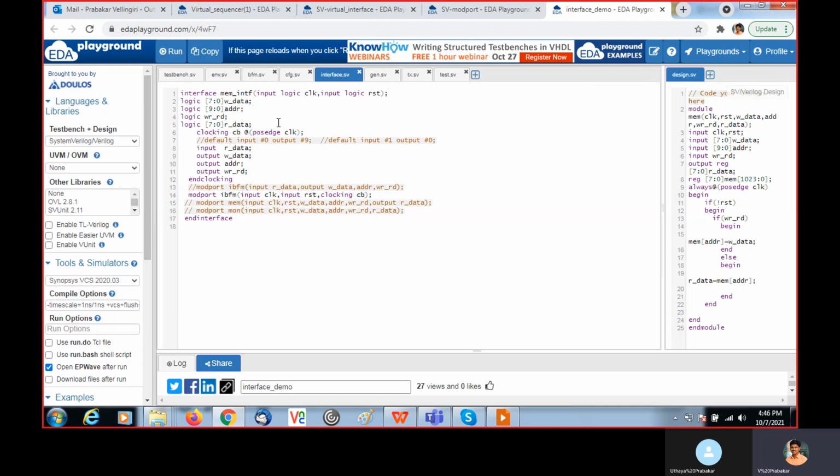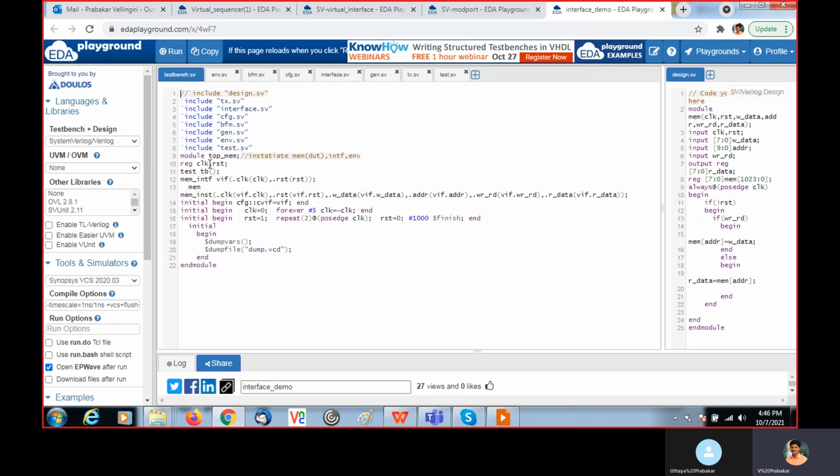Then we start from the top hierarchy. So module top, clock and reset are declared as bit. Then here we are generating the clock.